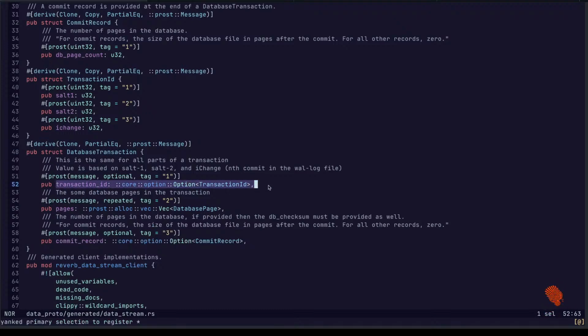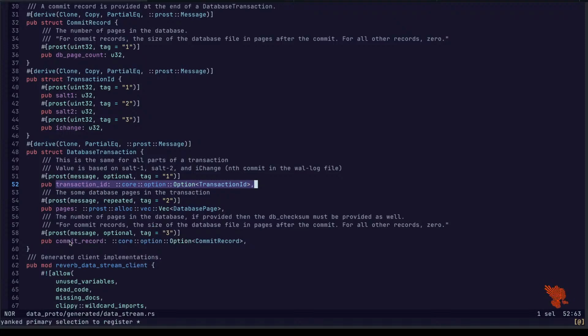I think we would still need to ensure that transaction IDs were correct? Maybe not. Do I want to scan the entire transaction before sending it? I don't think I do.